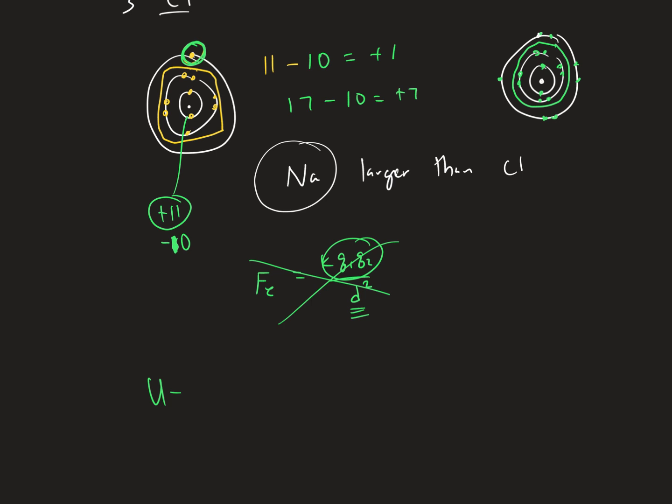Which ones are the shielding electrons, right? I would say anything below 5. But anyway, I'm not going to have you do anything that extensive. But so it has 92 minus the